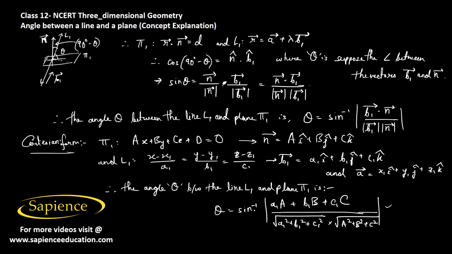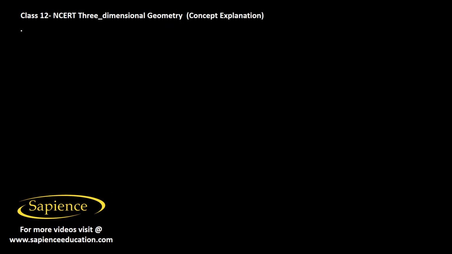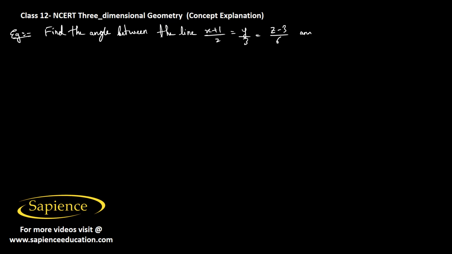So in this way, you can find the angle in between the line and the plane. We can understand this by one solved example. Let's say it is asked to find the angle between the line, which is x plus 1 by 2 equals y by 3 equals z minus 3 by 6, and the plane